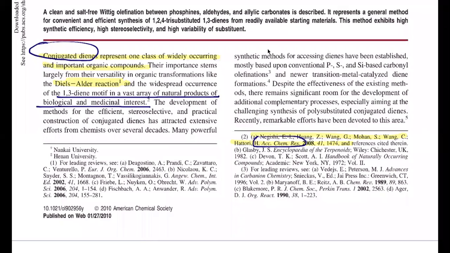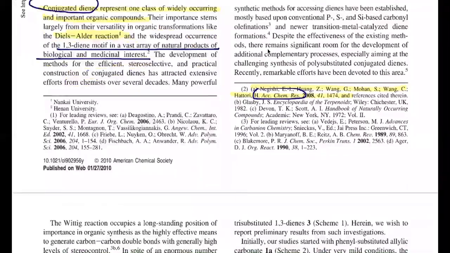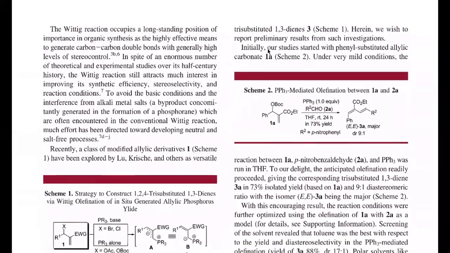and this is an example of what you call a communication. Right? When you publish a paper in chemistry, you're either going to publish a communication or you're going to publish a full paper. Communications can be, depending on what journal you publish in, 2 to 4 pages. A full paper might be 10 to 15 pages. All right. So let's look down here, and this is the